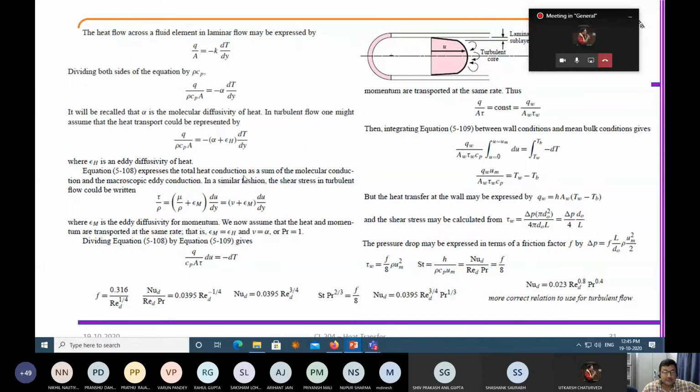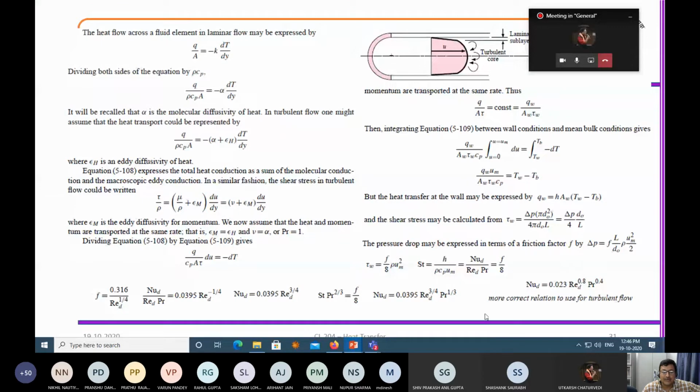Now what you do, you first divide these two equations. If you divide these two equations, you may get a very simple equation like this, which is Q by Cp. Basically, this is your momentum, Tau by rho is this, and Q is this. This is your thermal. If you divide these two equations and integrate over different types of limits, you end up getting the friction factor and the Nusselt number, the Stanton number.